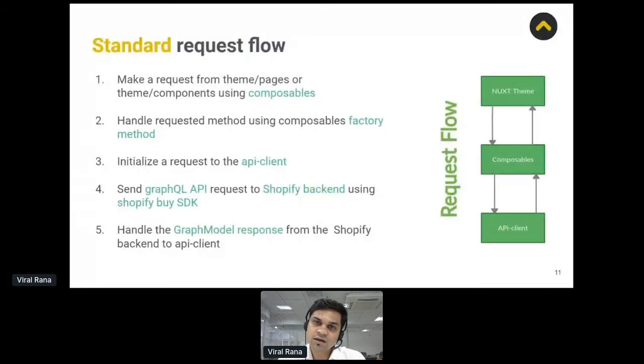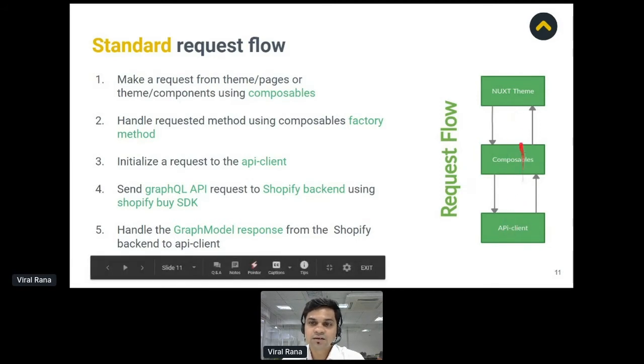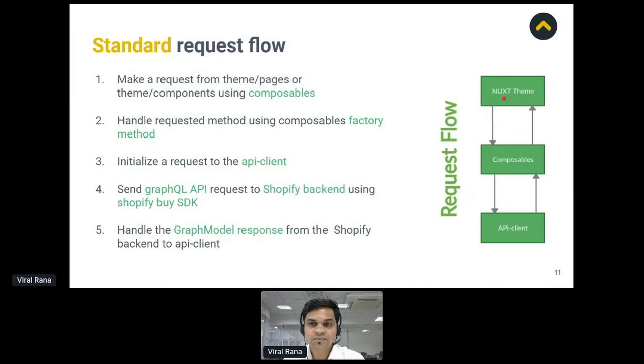So let's understand the standard request flow for Vue Storefront Next. As per the Vue Storefront Next architecture, we have three main parts. The first one is the Nuxt theme, another one is composables, and the third one is the API client. Our request is initiated from any page or component of the Nuxt theme to a composables factory method.